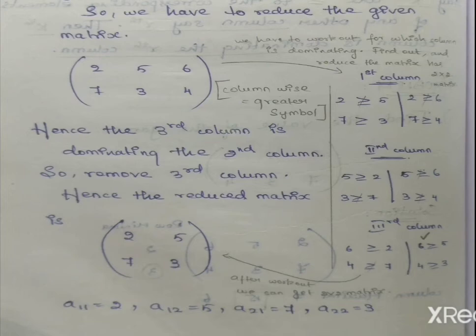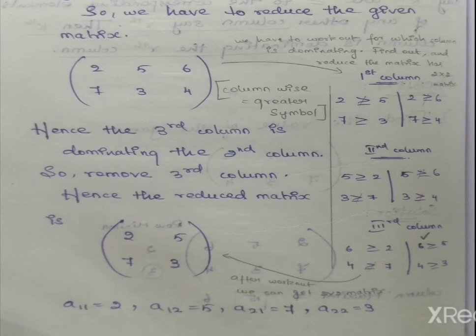That condition is also satisfied. Listen, here both the conditions are satisfied. So we have to write that the third column is dominating the second column. Here the heading is the third column. Comparing with the second column, you have to write like this: the third column is dominating the second column. So the reduced matrix is, we can remove the second column element. You have to remember this, the heading you have to remove. So the third column is your heading, so the third column is reducing the second column. So you have to remove the second column element. So now the reduced matrix is only 2, 5, 7, 3. That's all.